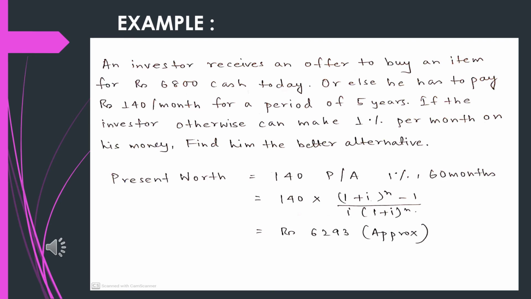This can also be transferred into annual worth. We take the option 1 present worth of 6,800 and transfer it into annual worth, and 140 per month remains in annual worth. The value might be changed, or will be different from this one, but practically the result that the person needs to pay monthly will not change throughout the period of time. That is what this example shows us.